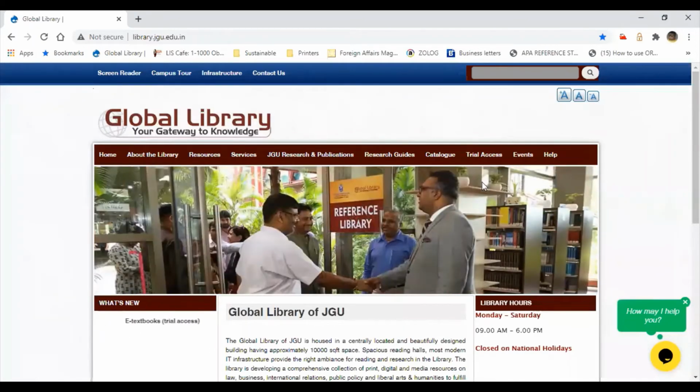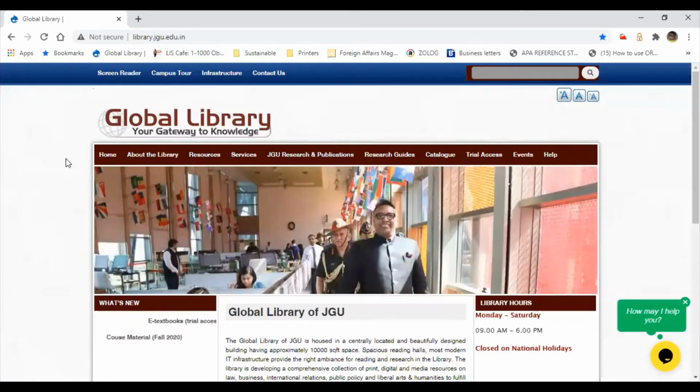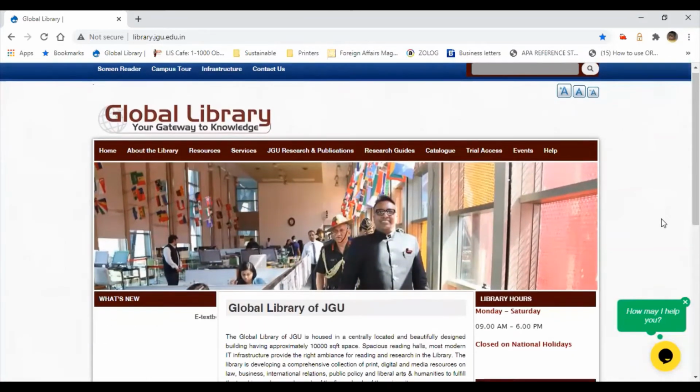All the resources are subscribed on IP, so when you are in the Jeju network, you can access them on an unlimited basis. But unfortunately, we all are away from the Jeju network. So at first we should know the technique and mechanism of off-campus access to the subscribed resources.